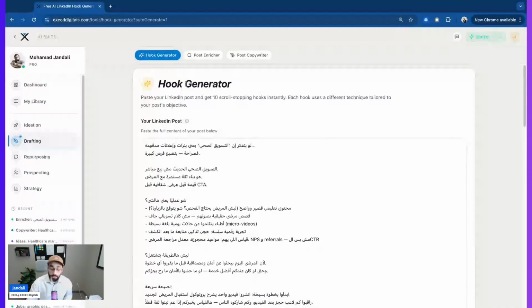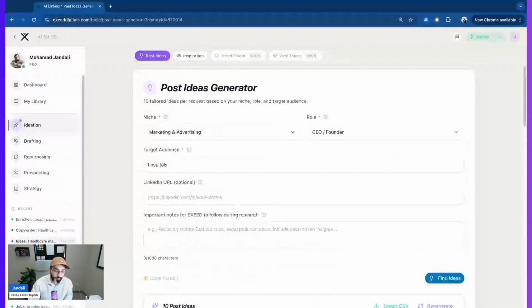Okay, that's done. So I've done a post. Now I have a post. I want to go back to the ideas, to the 10 ideas. What I do is I click on recents, which is really interesting. The ability to go back to recent works, right? To recent logs, rather than just using a tool,